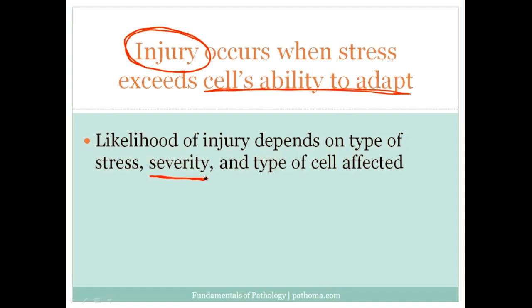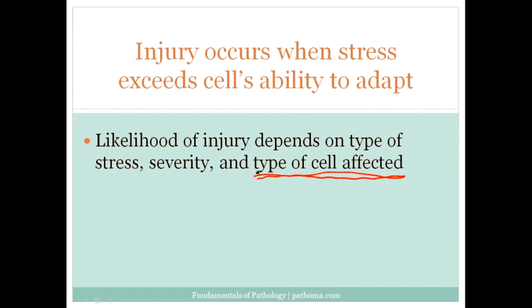So that would be an example of the severity determining what happens in response to a stress. And the third factor that determines what happens in response to a stress is the type of cell that is affected. Now, what do we mean by that? Well, one of the high-yield principles to be familiar with, and examiners like to go after this, is the fact that neurons are very susceptible to hypoxia. In fact, the neuron has the ability to withstand hypoxia for only 3 to 5 minutes, whereas skeletal muscle, which is another type of cell, actually can withstand hypoxia for very long periods of time. And so the type of cell affected will also determine how the organ or the cell adapts to a particular stress.